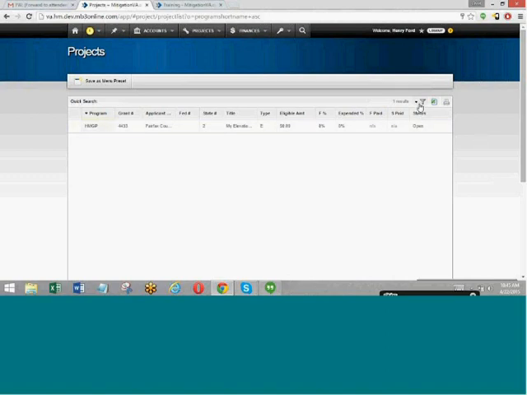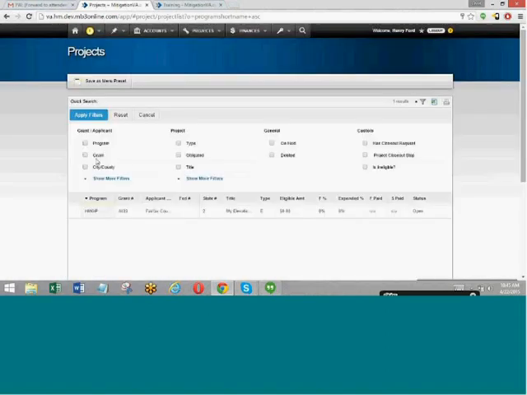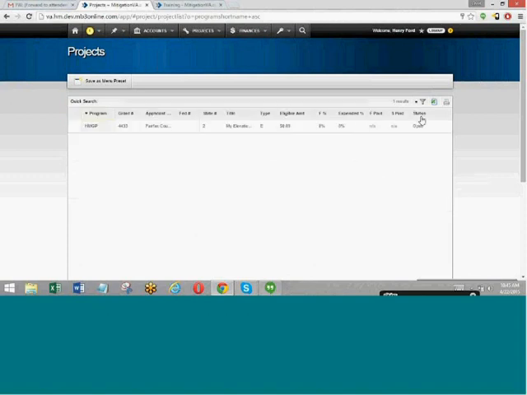So in that case, you'll click on the filter button, and you'll apply certain filters. You can select a specific disaster. You can maybe select a specific type of project. Maybe you want to just see your elevation projects, or maybe you want to see just your individual safe room projects, or whatever it is that you want to see. You can apply all these filters to your listing, and then once you've applied those filters, you can either kick the listing out to Excel, and then do some reporting in there, pivot tables, or whatever it is that you need to do, or you can actually print a listing or save it as a PDF.